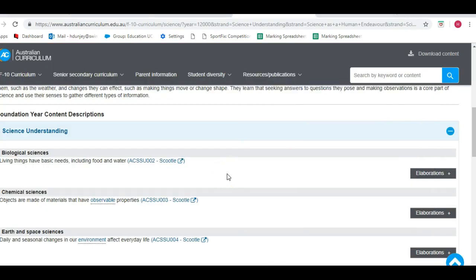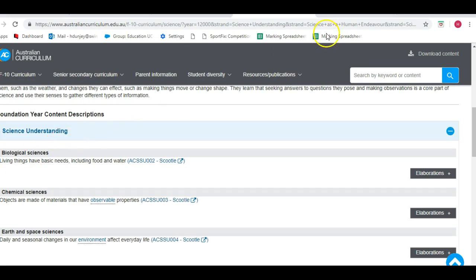curriculum outcome. So if I'm in the foundation curriculum at the moment, and I'm having a look here at biological sciences, and one of the outcomes is living things have basic needs, including food and water. So you might do a bit of an inquiry about living things in your classroom. You might get a class pet for a little while. You might do some observations, and that all comes into the integrated approach, because you're integrating your science in with